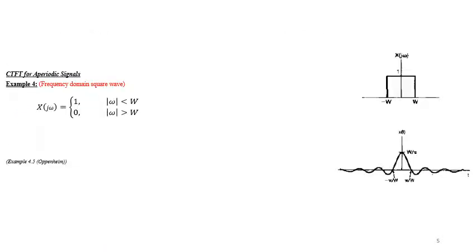So the next example we consider is on the inverse problem, that is, we are given a pulse in the frequency domain and we have to find its time domain signal, right? So let's do it. So you understand the equation for finding the inverse is x of t equals to